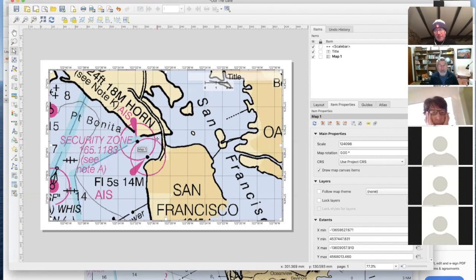The next thing is this map is way too big. It's covering way too large an area. We need to change that. So just like the main window, this layout window can be resized and moved around. To do that, you have to select the map first, which we have,